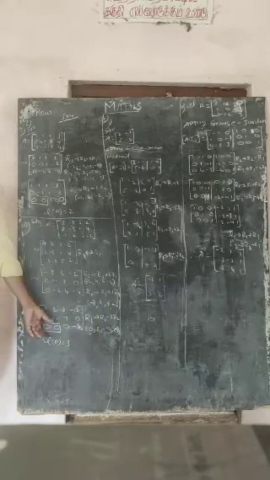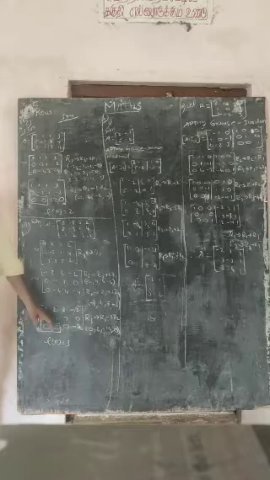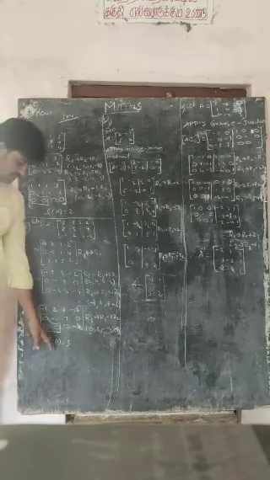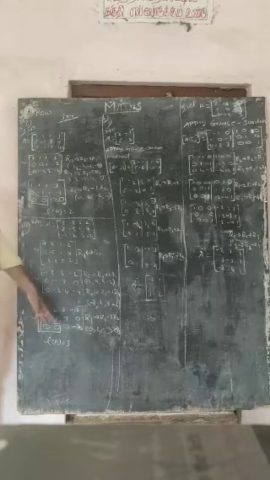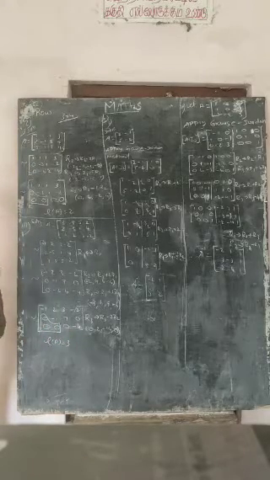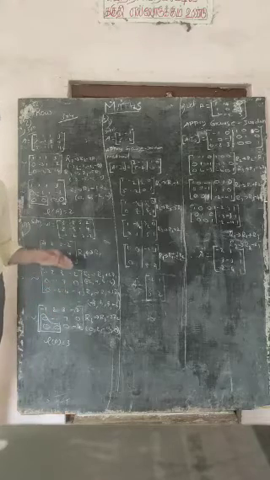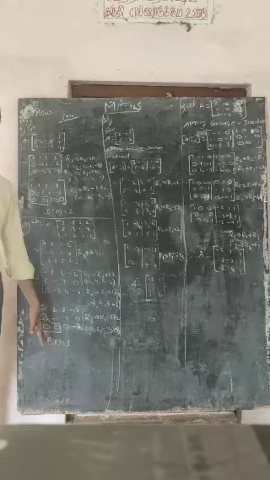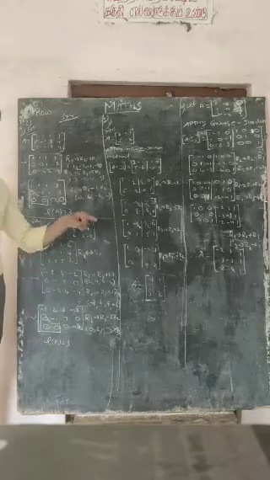This form is called a row echelon form. Now we have to write rank of A is equal to 3. Sir, how to write here that the rank of A is equal to 3? Already in this form, we need to find the rank. That is very simple. You just count how many non-zero rows are there.